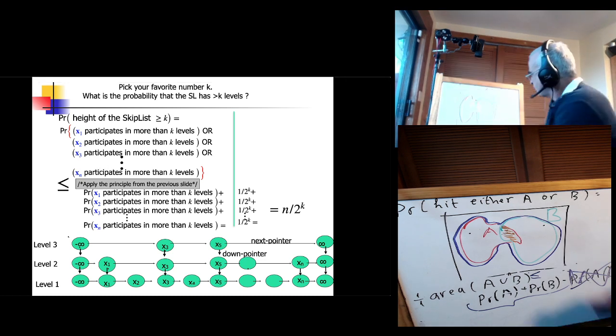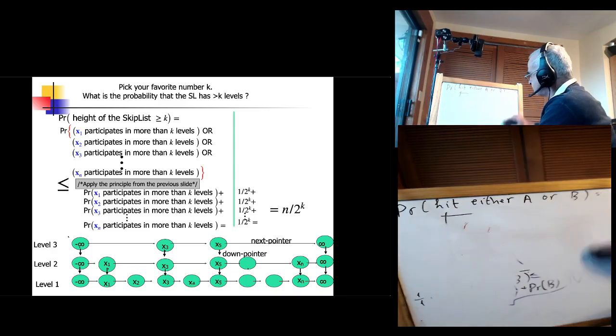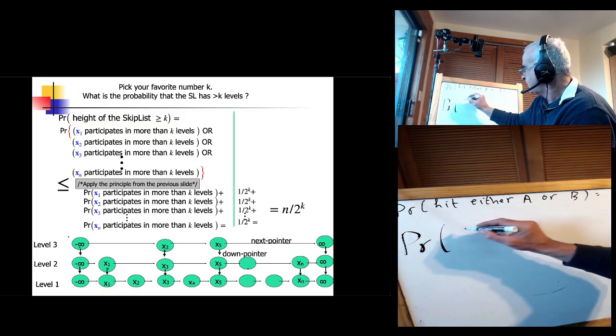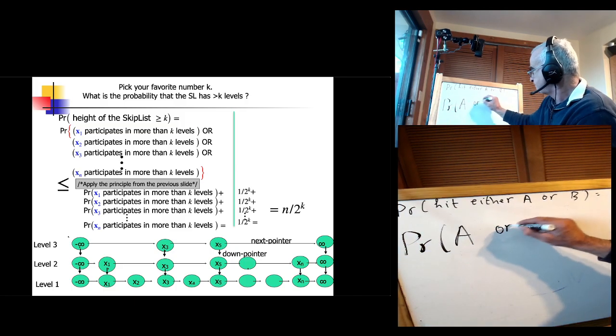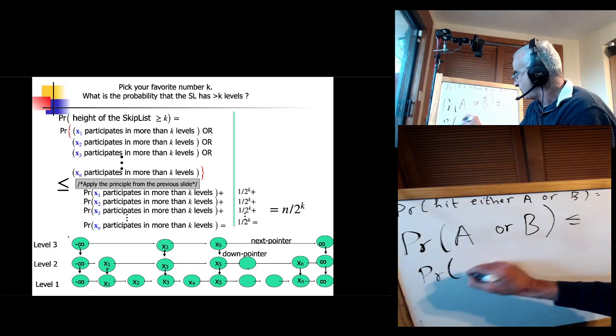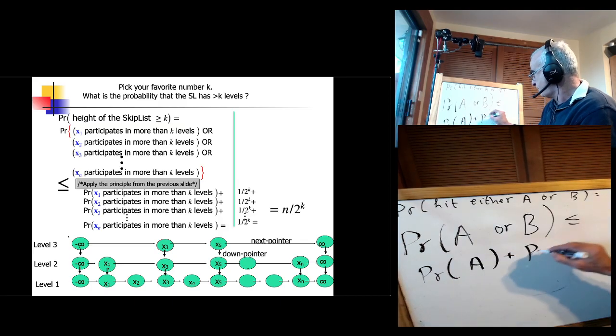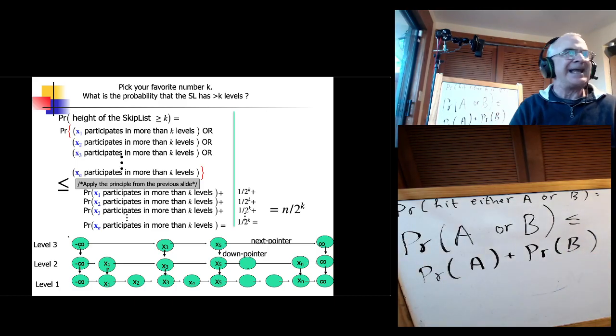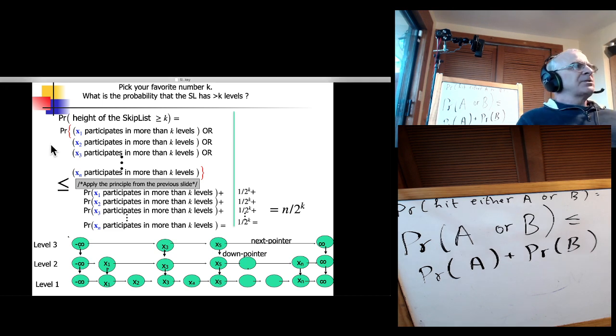Remember, we want to say that the probability of A or B is smaller or equal than the probability of A plus the probability of B. Because to get exact equality, I have to subtract the probability that both A and B happen. So now I'm going to ask what is the probability that x1 has happened plus the probability that x2